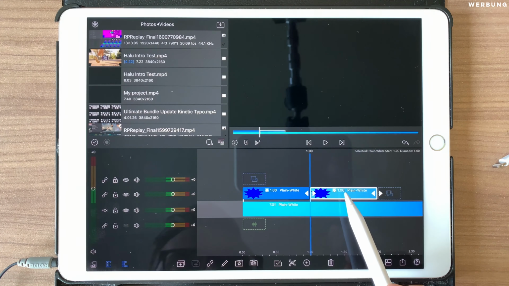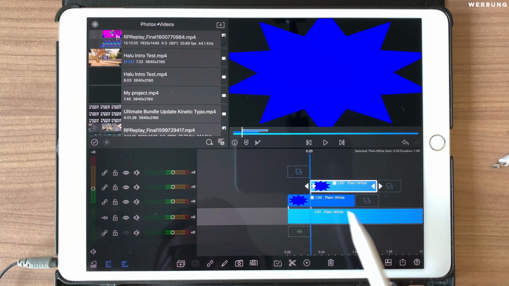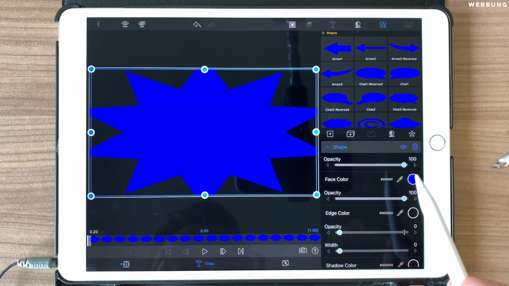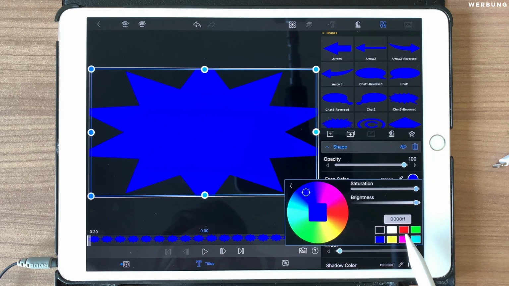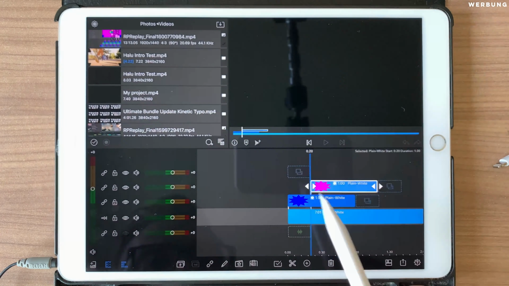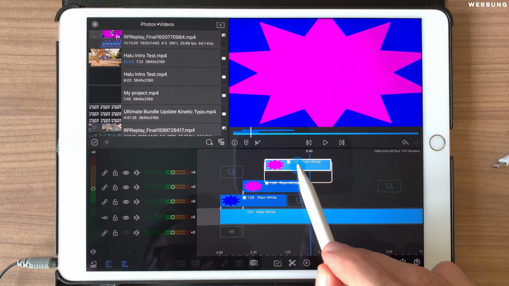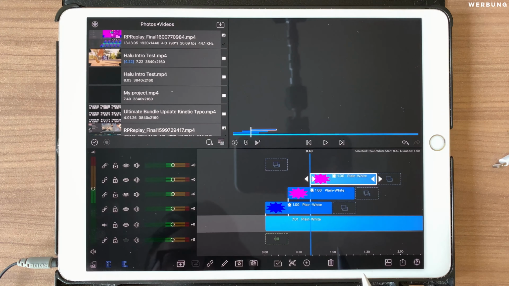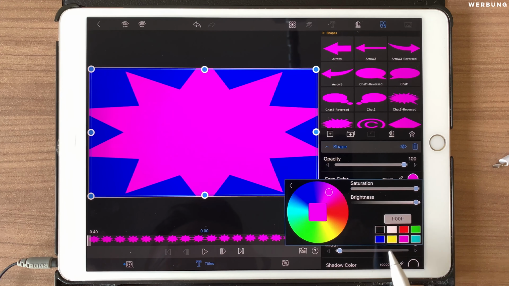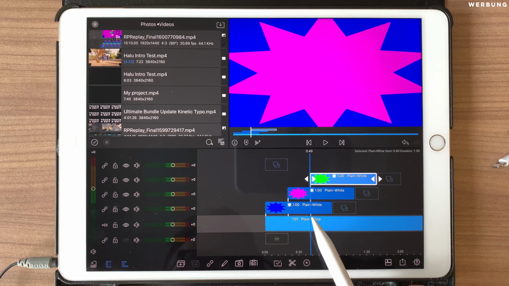Now duplicate the 10-point star layer and drag the second one to 0 seconds 20 frames. Double tap to edit, go to titles and change the face color to pink. Now duplicate this layer, drag it like before just to 0 seconds 40 frames and change the face color to green. Now